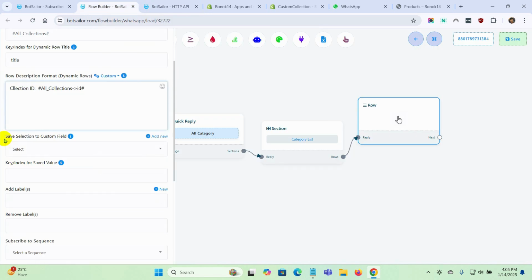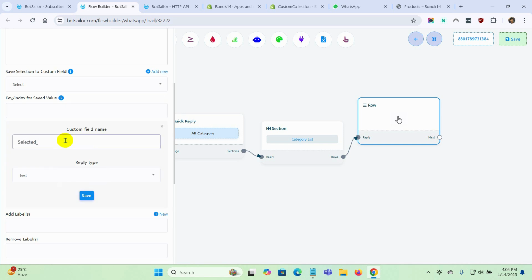Now, we need to add a custom field to store the selected list item. When subscribers click on any Shopify product collection from the list, we must save the collection ID in the custom field. This is essential because using this collection ID, we can display the products under that collection by utilizing another HTTP API. Click on the Add New button, give a name to the custom field, and set the type to